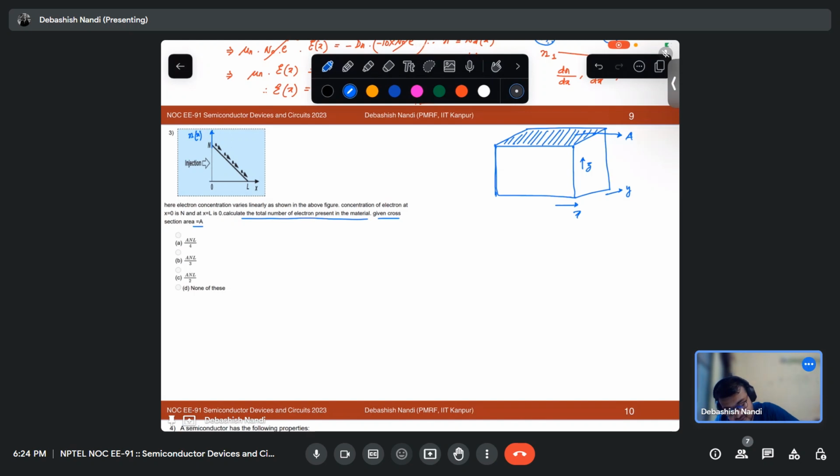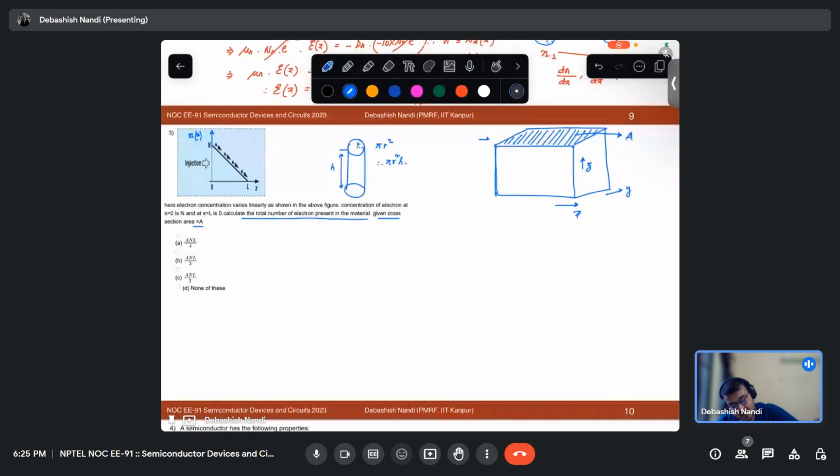So similarly, let's say it is a circle. Let me draw it, it is a circle and the radius is r. So what is the area? Area is pi r square, right? Now if you make a cylinder out of it, what will be the volume of the cylinder? Area into H, the height, right? The same concept is applied here. Just for visualization's sake, I am explaining this part.